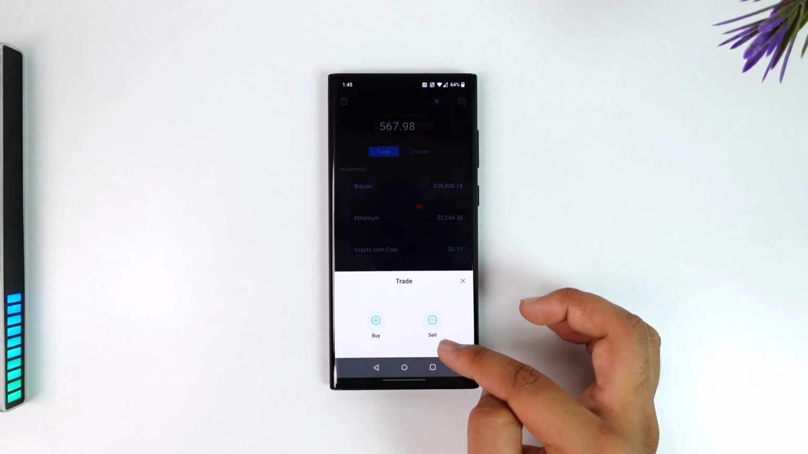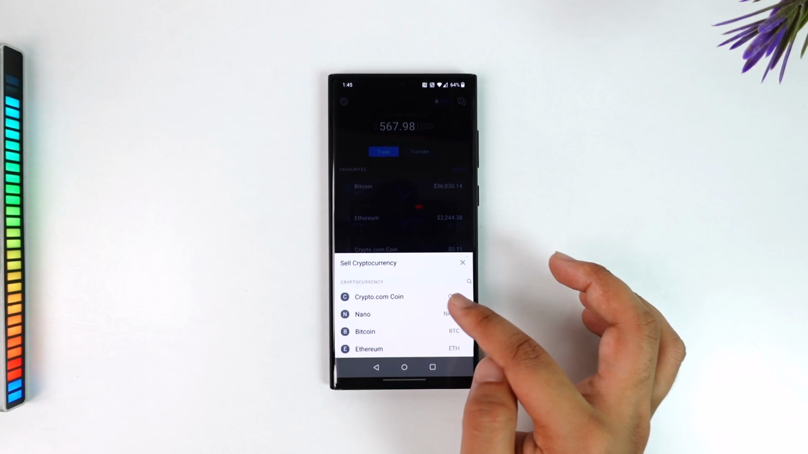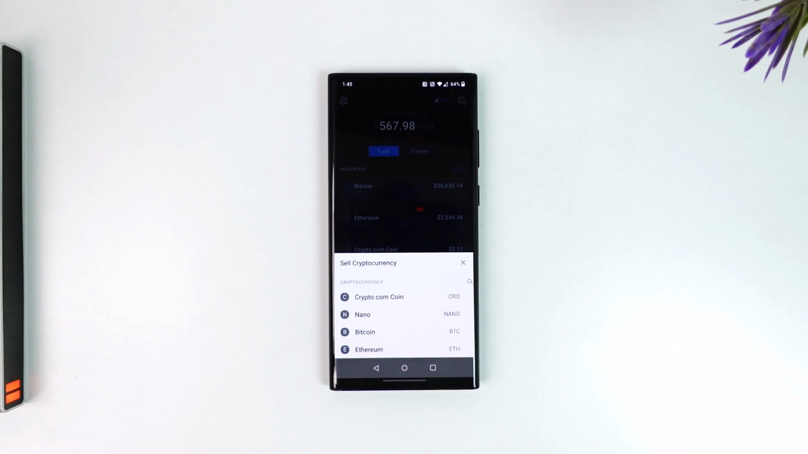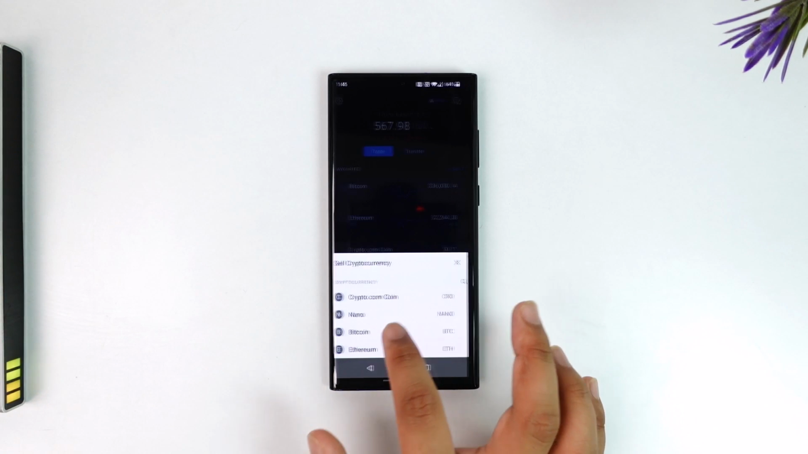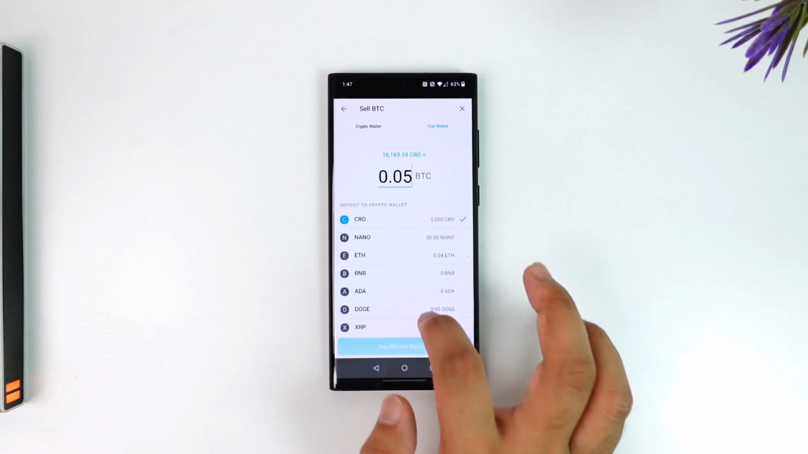As you've done that, here you can see buy and sell. So obviously we will just go to the sell option. As we've done that, here you can see it says to sell cryptocurrency. Now from here, what you have to do is just select the cryptocurrency that you'd like to sell, and then from here you simply have to go ahead and enter a particular cryptocurrency and just tap on the sell